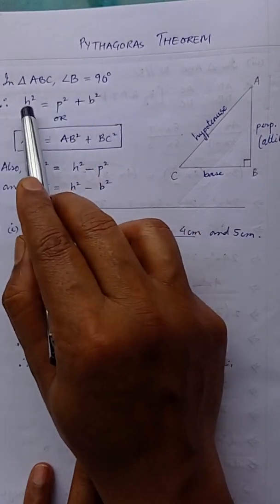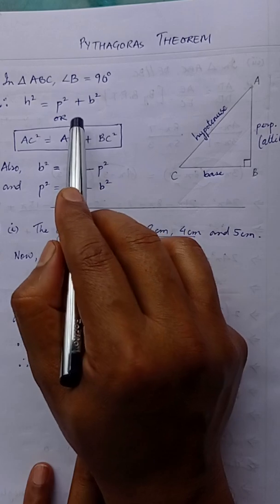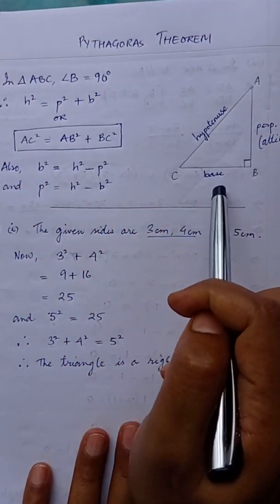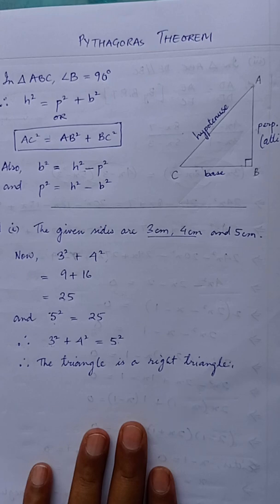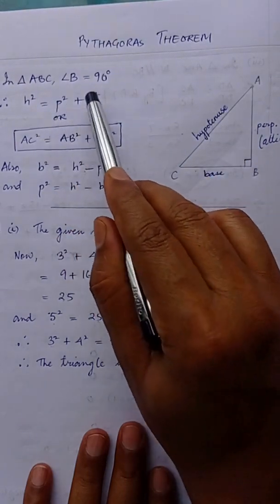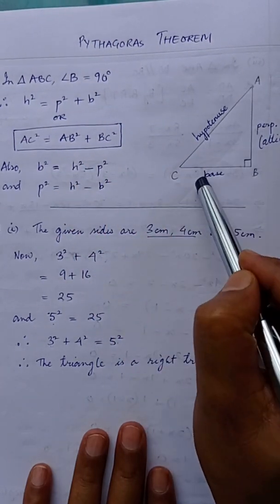H square is equal to P square plus B square. Here H is the hypotenuse, P is the perpendicular and B is the base. But in class 10 we will have to use the sides instead of writing HPB. These things cannot be used, so